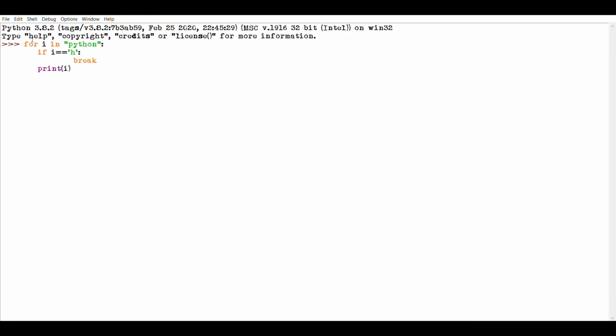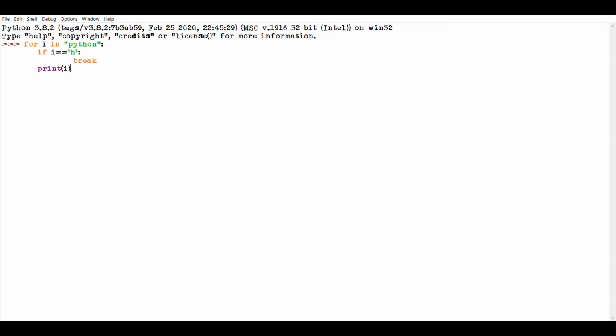Now look at this example. In this program we iterate through the string Python, and when the letter is h, it will break the loop. In the first iteration the value of i will be p, and i is not equal to h, so it will not get inside the break statement and it will print the value of i. In the second iteration the value of i will be y, which is not equal to h, so the value of i will be printed.